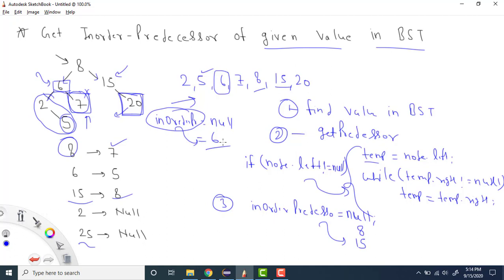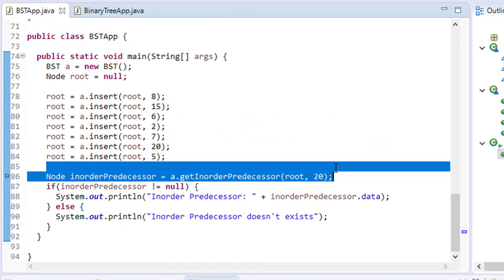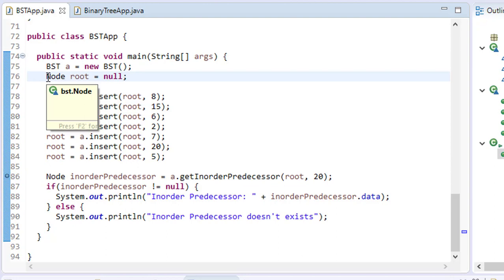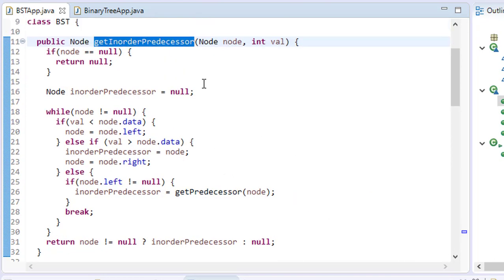So let me show you the code as well, so that you know how it is happening, or what I am trying to say. The first thing I do is create a BST, and then I call the function get in order predecessor, where I'm passing the root and the value which I want to find out. So let's say I want to find out for 7, right? It goes here, and these are my parameters, node and value. Now if node equals null, then I return null. Let's say if your node is null, then there is nothing, so we can just return null. This is the negative case.